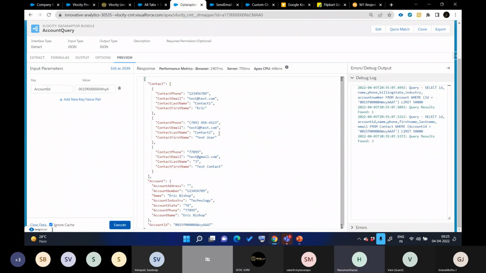Will Salesforce Inspector work here? We look at Salesforce Inspector when we bind an LWC and that LWC will not work. In that case, we will go for Salesforce Inspector. I mean, on this screen right now, on this UI? No, this is not Salesforce Inspector. This is a VF page that Vlocity created for Data Raptor.